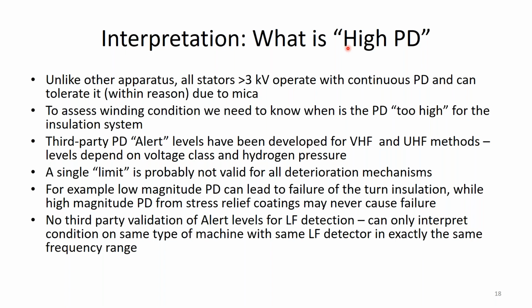For example, if I have PD occurring right next to the turn insulation in a motor which has multi-turn coils or a small hydro generator with multi-turn coils, and I have PD within that ground wall, right in the stack, right in voids, right between the turn insulation and the ground insulation, that can actually produce relatively low levels of PD and can cause failure much quicker than PD signals from,